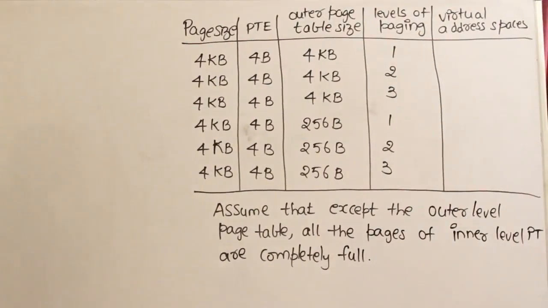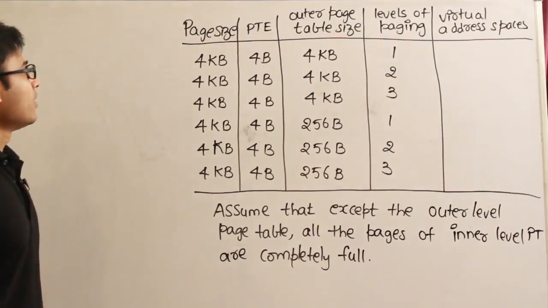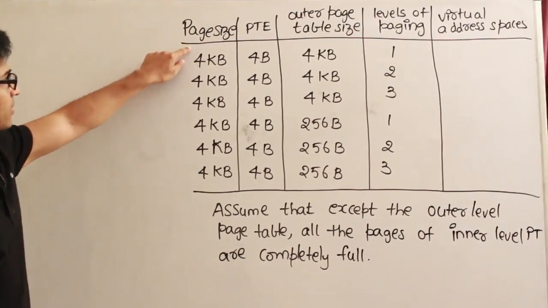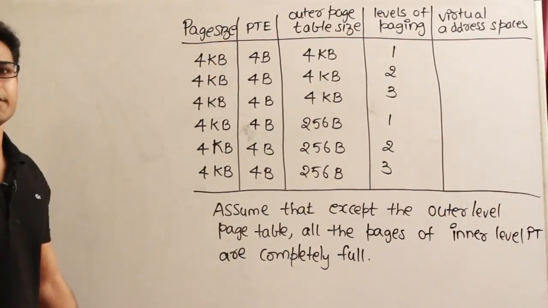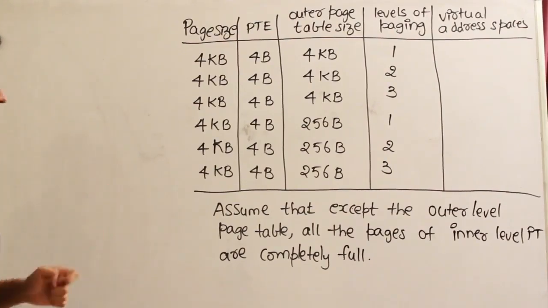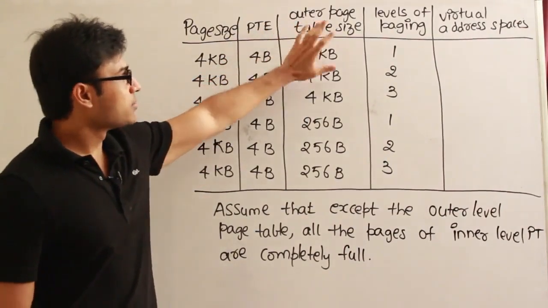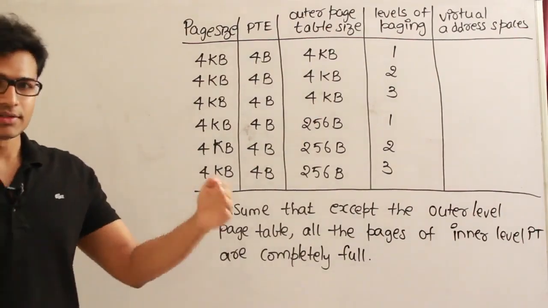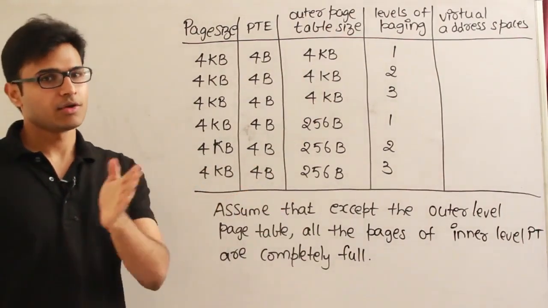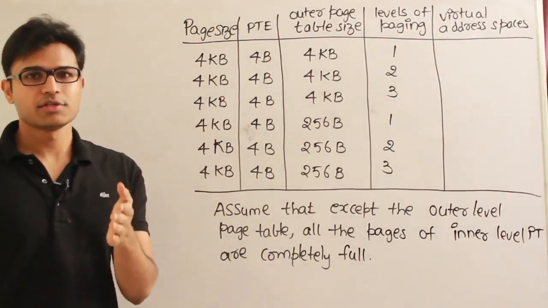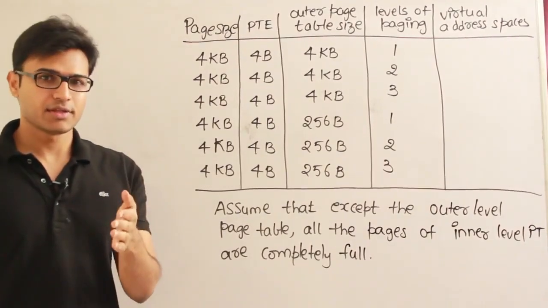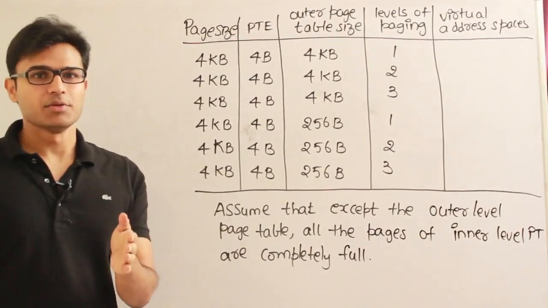What's this question? The question is this: they are giving the page size, and PTE means page table entry. So the page table entry size is given, and then they are talking about the outer page table size. If you have many levels, then they are talking about the outermost page table. Outermost page table is nothing but the first one, which will be accessed by the CPU, and innermost